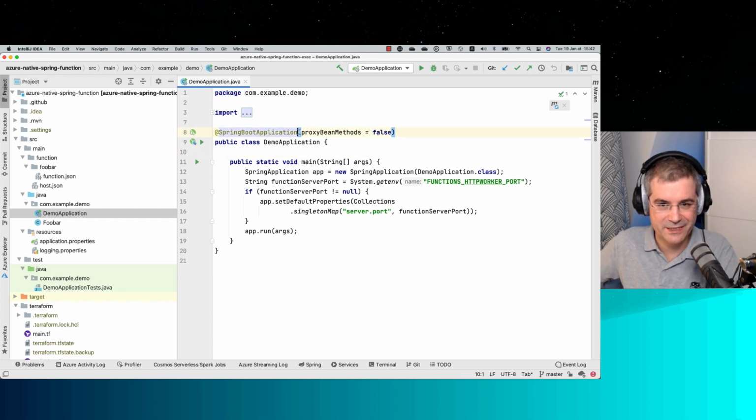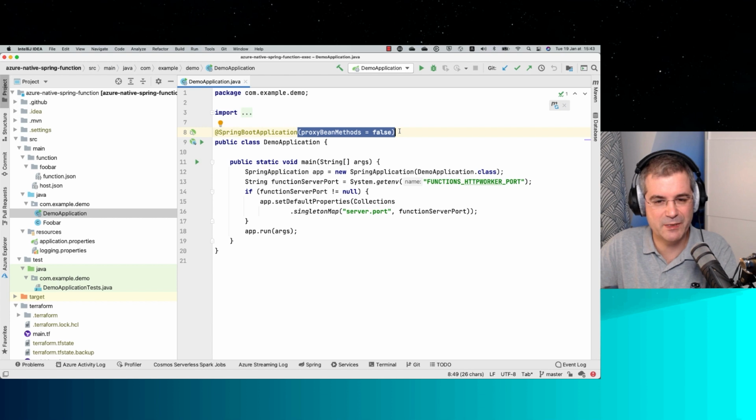First of all, you can see here that I'm telling it I'm not going to use proxies because I'm using GraalVM. So I have some limitations. Here it's just an annotation, so not a lot of things changed, but you can already see that I'm going to have some limitations. That's also why a big part of the Spring Boot ecosystem is not available here, because not everything works with GraalVM. More and more parts of Spring are working with GraalVM, but not everything.